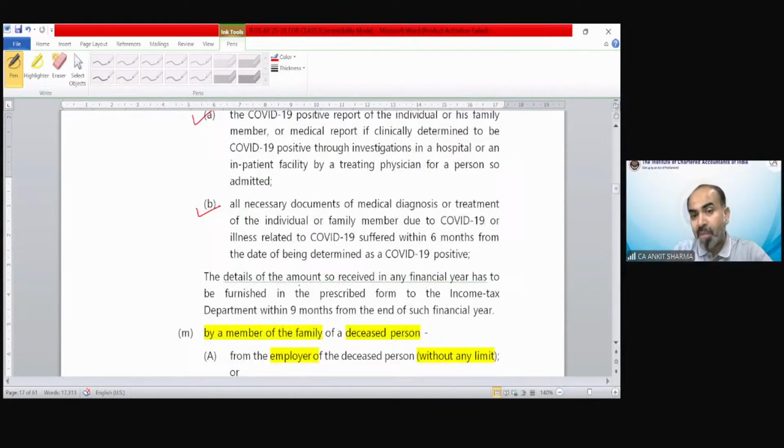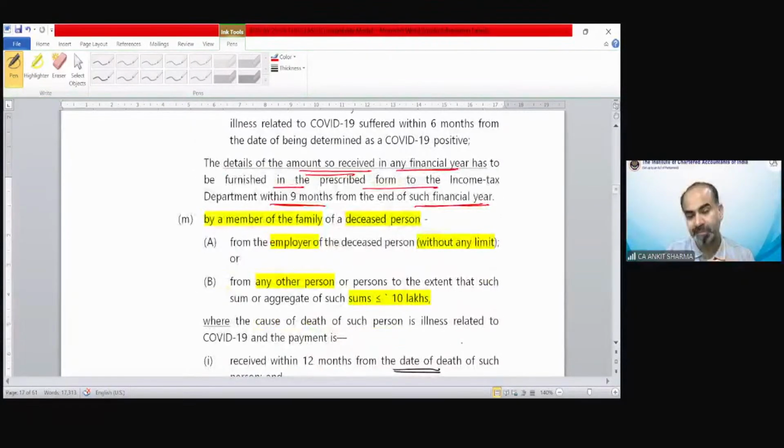The details of the amount so received, the amount you received for the medical treatment in any financial year, has to be furnished in the prescribed form. You have to inform the income tax department within 9 months from the end of such financial year in which you have received this amount for the medical treatment. So after the end of the financial year, within 9 months, you have to inform the income tax department how much amount you have received. So that amount is going to be exempted. This is for medical treatment of